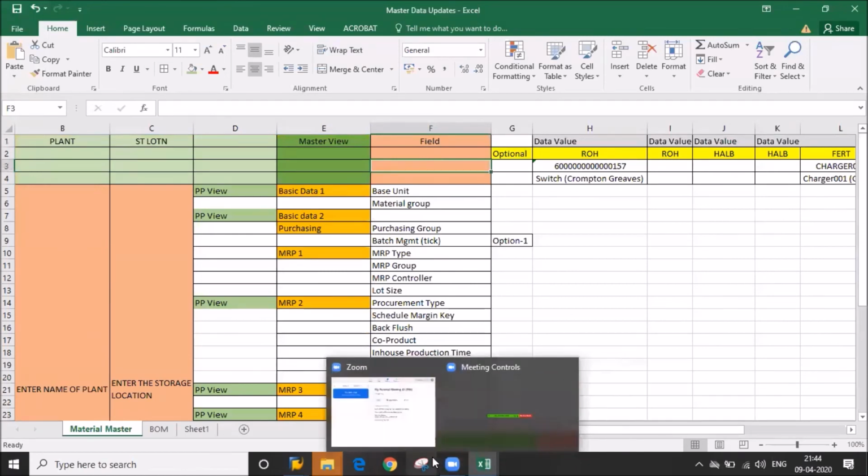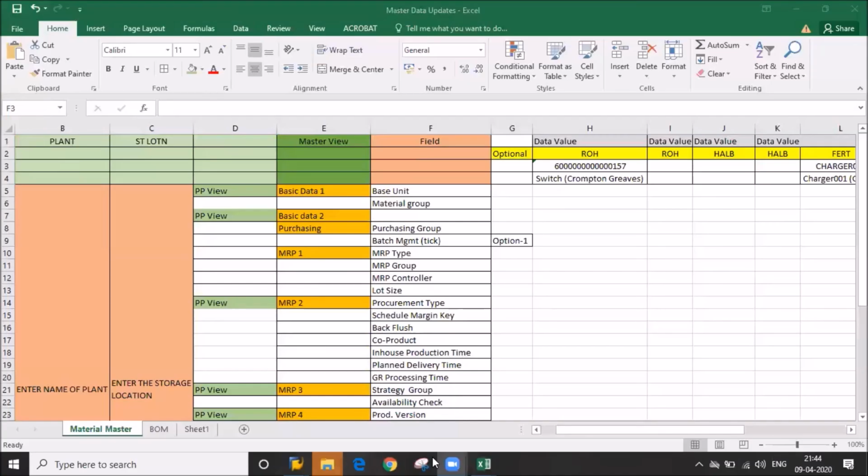Sir, the SFG item that we create, will it be something different from FG? No, everything will be there. Description will depend on your requirement. And your material procurement type you can maintain as X, because you don't know when your business can change. So if you are creating a semi-finished goods item, you maintain it as just X. Okay. Any other questions?